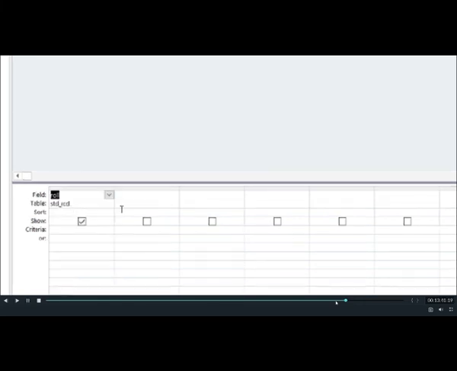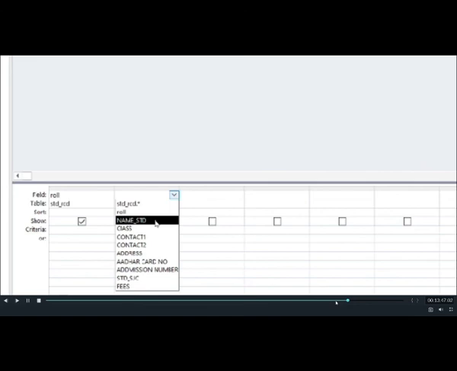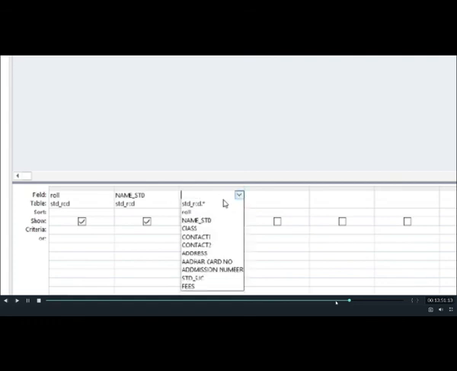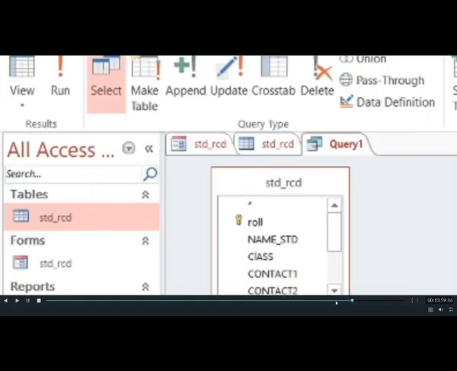On the top pane you have seen we add the table and the field names. At the bottom pane we will add the field names whichever you want to get the query for. So I want to see roll number of the student. I want to run a query for the student's name also, and I want to see whether they are any option, any field name from here you can select. Let us take student of SJC, whether she is a student of SJC or not.